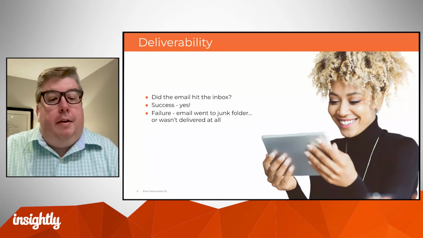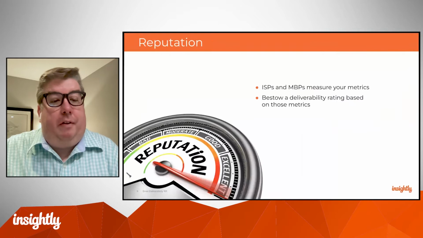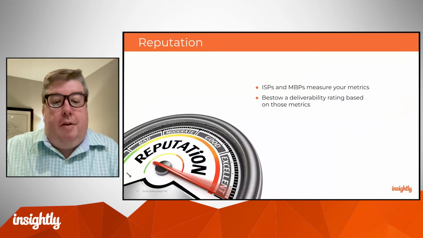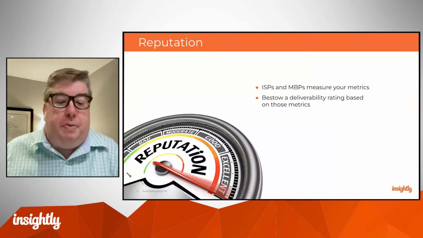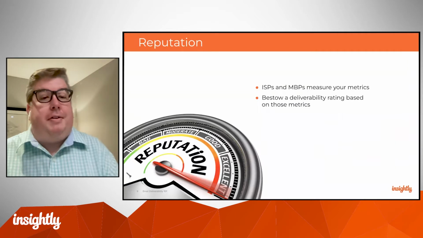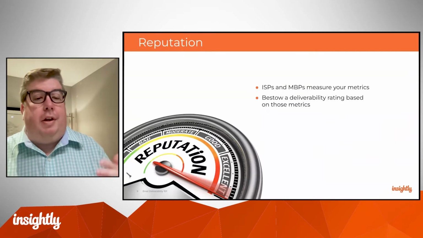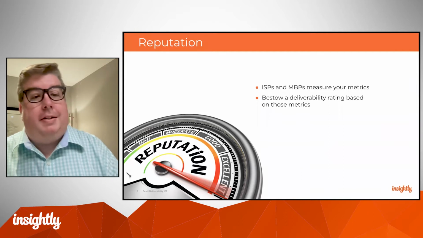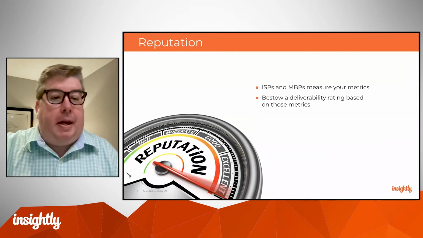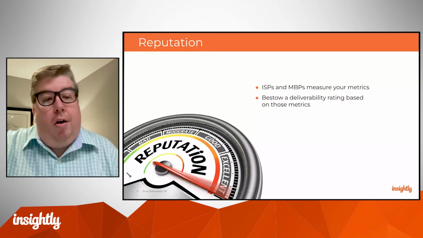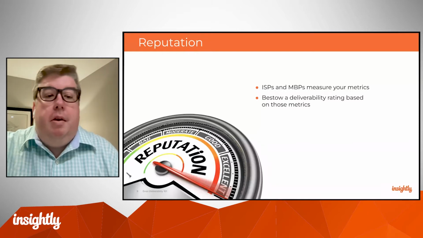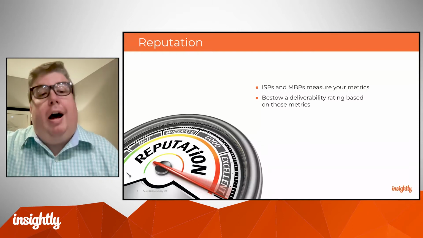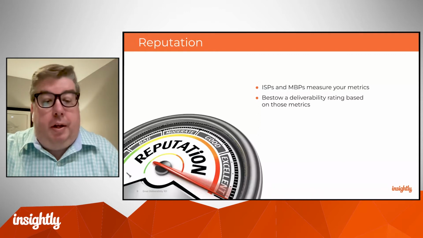Okay. And the basis for that deliverability is all about reputation. We're going to talk in a little more detail as we go along about reputation, but at its core, your reputation is the governing factor in whether or not you're going to get mail delivered to the inbox successfully at any of the top ISPs, whether it be Gmail or Hotmail or Yahoo, or in the B2B realm, Cloudmark, Proofpoint, and Barracuda and those sorts of things.